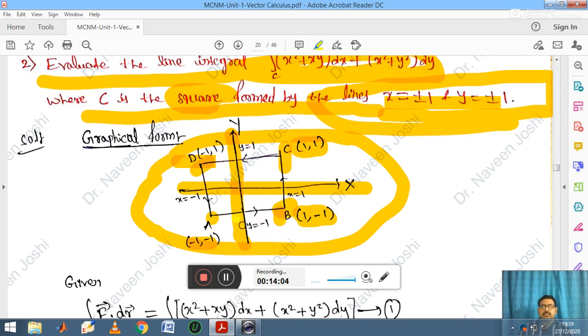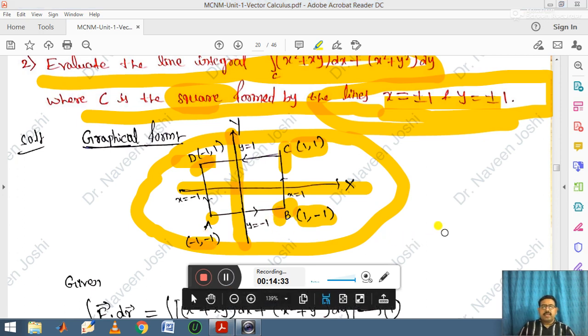Okay, we need to integrate line by line. So that is why the name is called line integral. Okay, so while integrating along the line AB, here you choose the y value minus 1. Okay, while integrating along the line BC, you choose the x value 1. And while integrating the lines AB, BC, CD and DA, we are choosing the anti-clockwise direction. So we are doing line integration along the anti-clockwise direction.